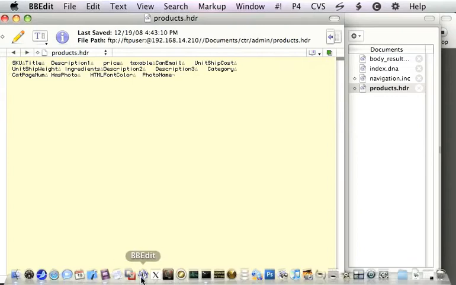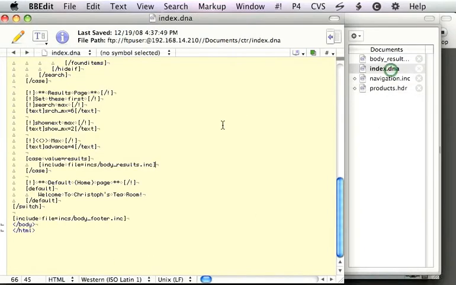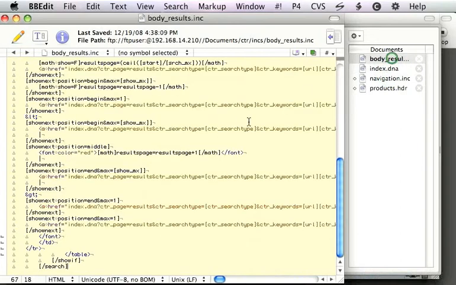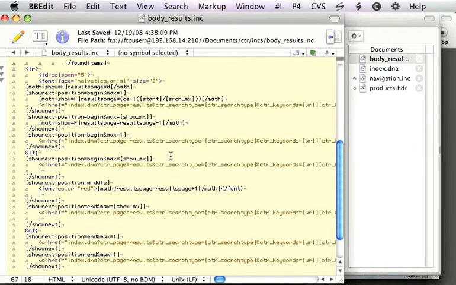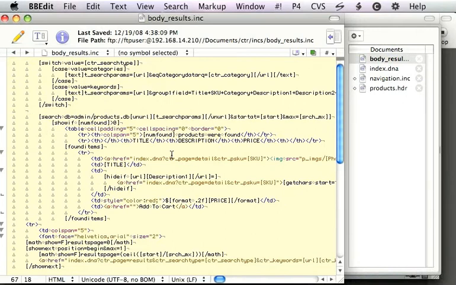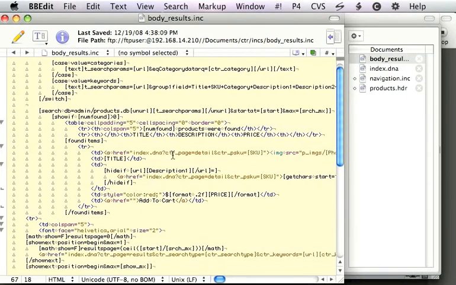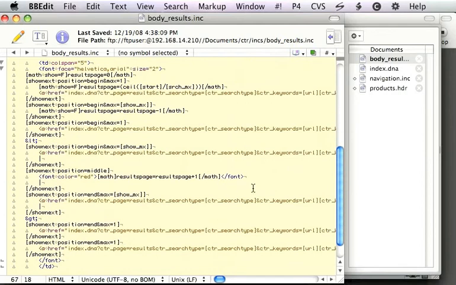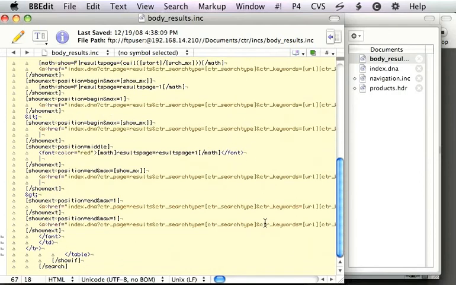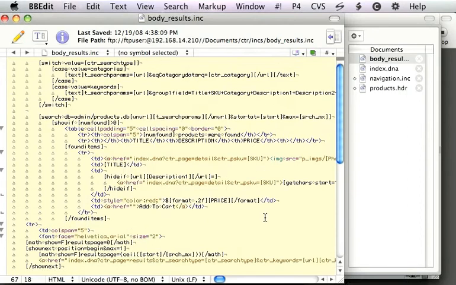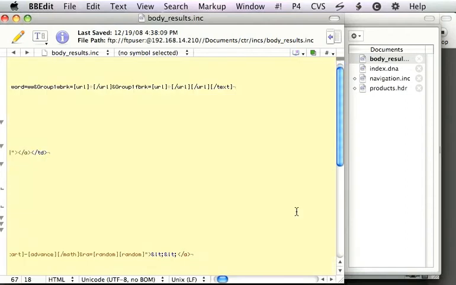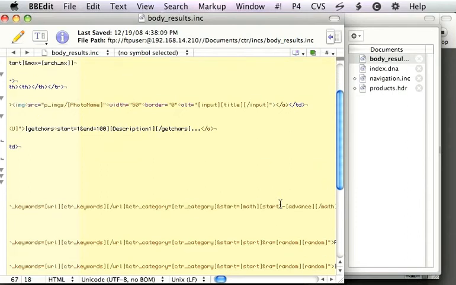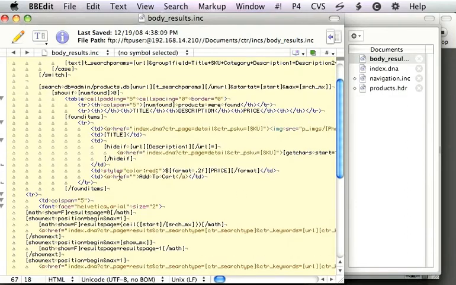Alright, so let's go back to the body result page. Alright. We have some interesting noises going on in the background here. So, okay, let's look for the add to cart here. There it is. Okay. So we're just going to add this on